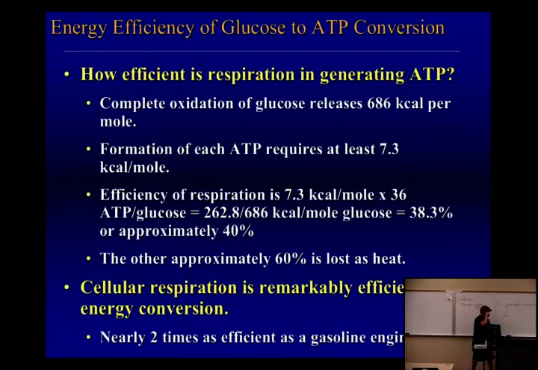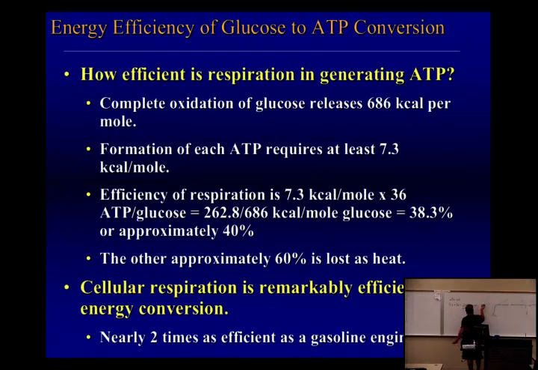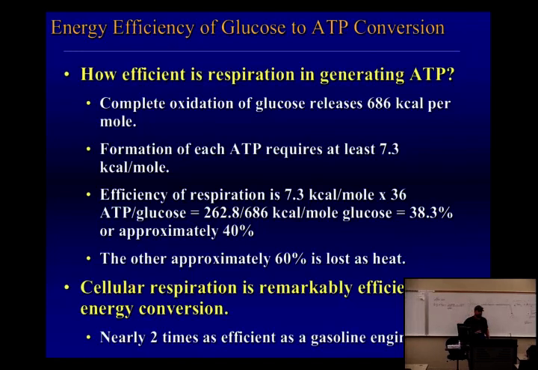Okay, well, you read that off the board, but let's just check my math, because I could be wrong, right? So that should be 0.38, roughly. Yeah, good enough. So if we take the data from the lab, we're about 38% efficient in converting the energy from glucose to the energy of ATP. That means that we lose about 60% of it to that second law of thermodynamics.